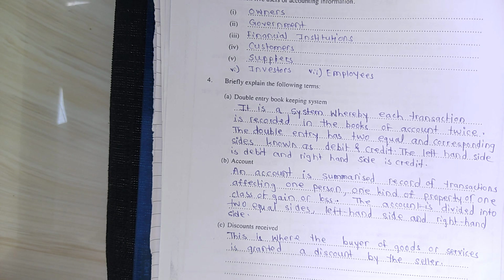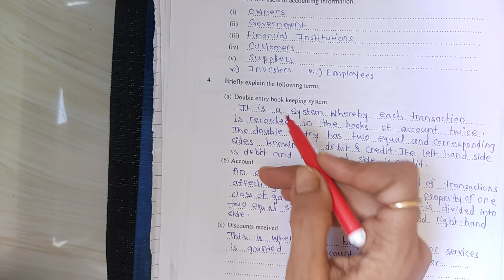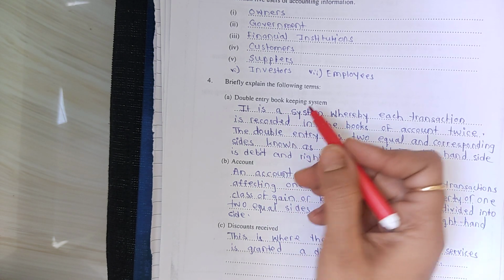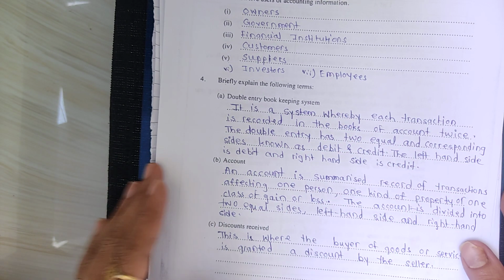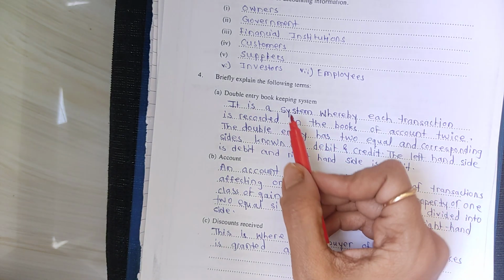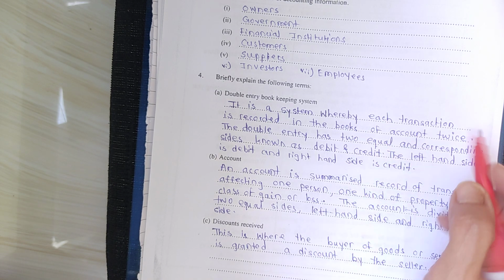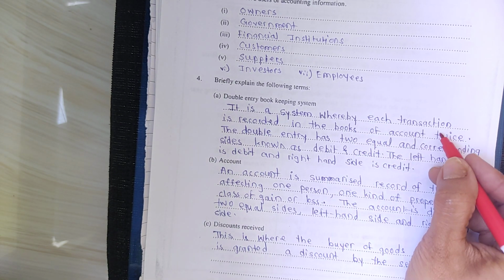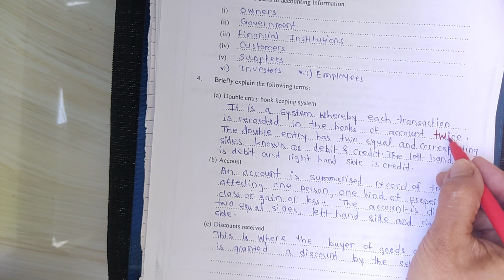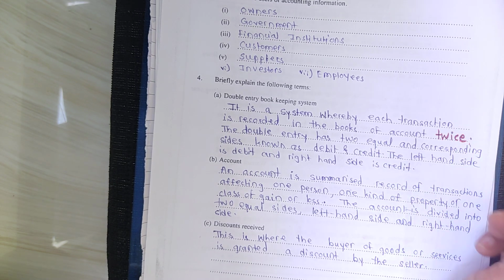Next one, question number 4. Briefly explain the following terms. Number 1, double entry bookkeeping system. See, it is a system whereby each transaction is recorded in the books of account twice. This word is very important. Each transaction is recorded in the books of account